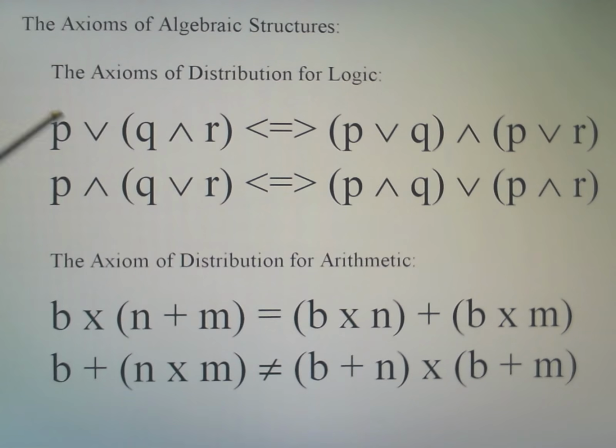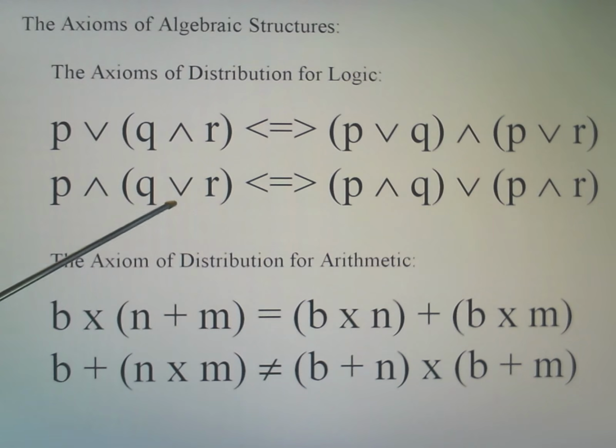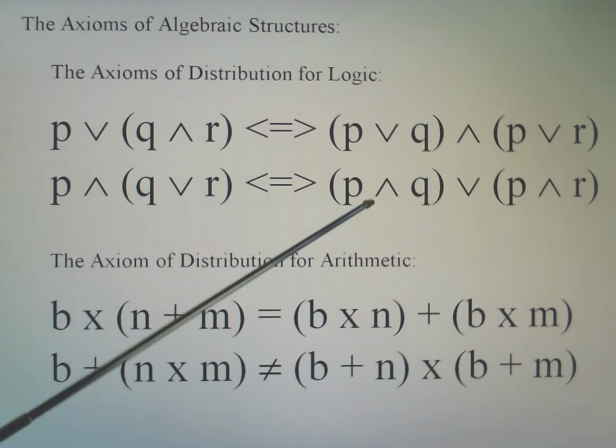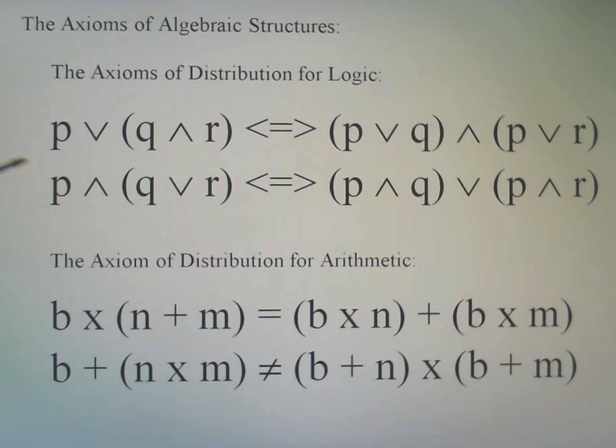So we have P or (Q and R) is equivalent to (P or Q) and (P or R), and then we have P and (Q or R) is equivalent to (P and Q) or (P and R). And so here again we have 2 distribution rules, which gives us a different tool from arithmetic. Now we have the structure that we need to work with. These 5 axioms, 2 for each of the 2 operators, give us the structure of basically a Boolean algebra, having and, or, and not pretty much work the way we need them.